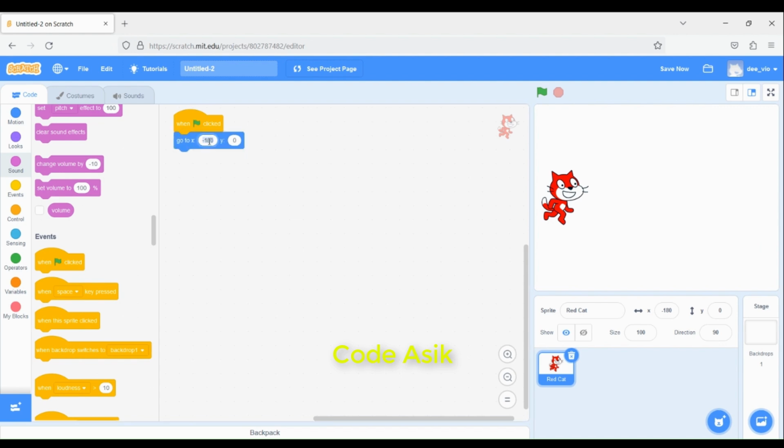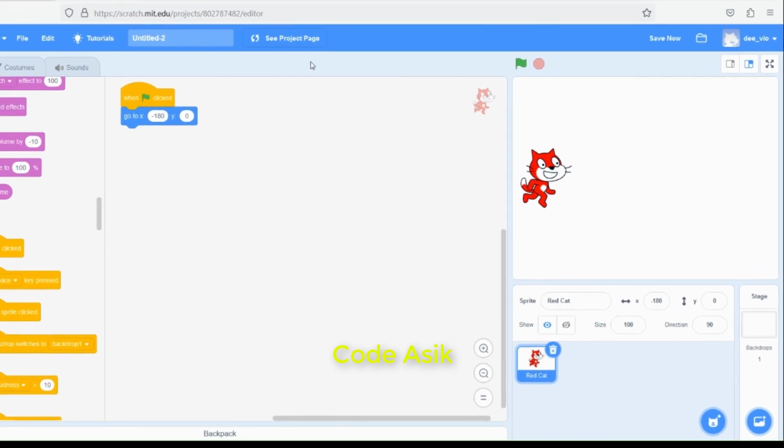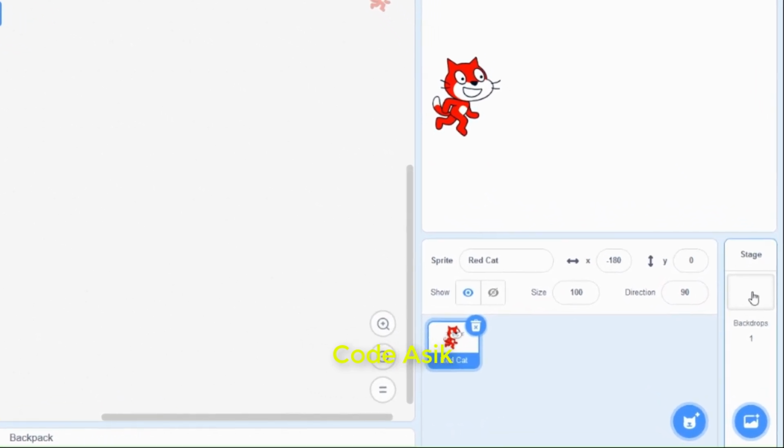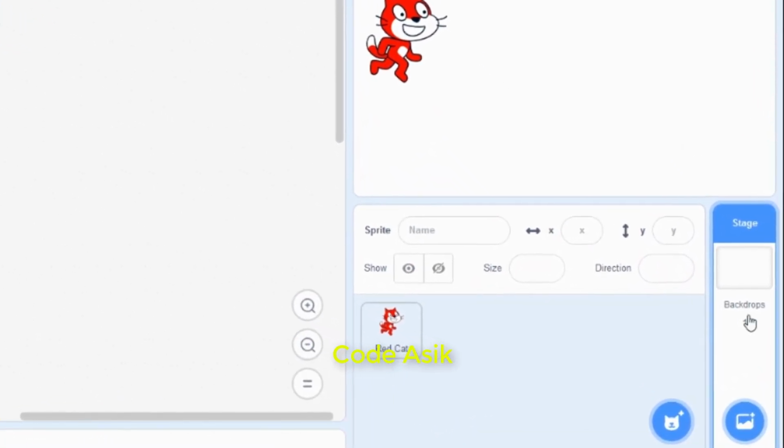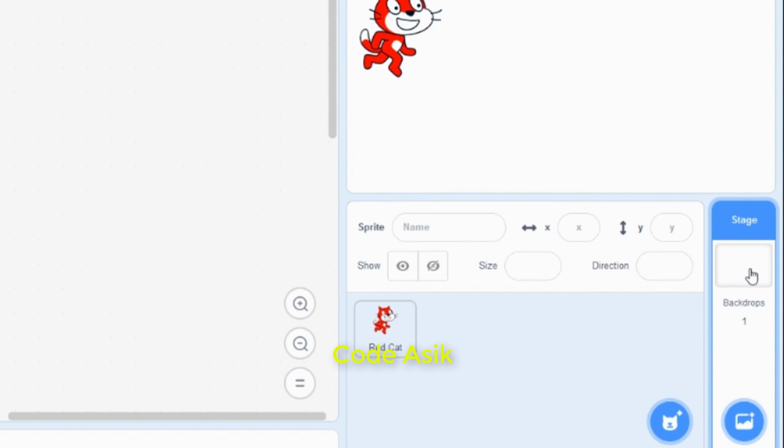Let's focus more on the background. We will change the ground to make it enjoyable. Click the Stage tab, and I will choose the backdrop from the template.